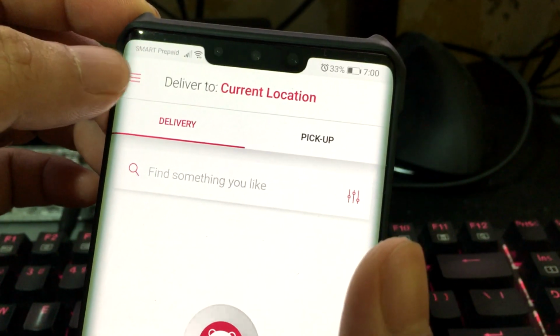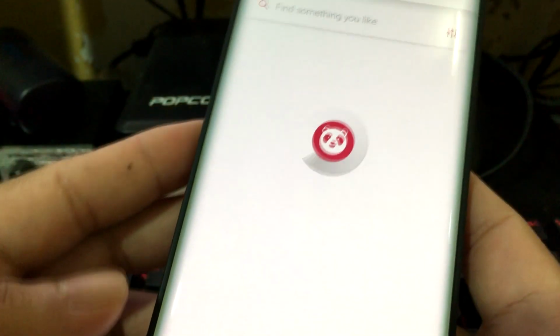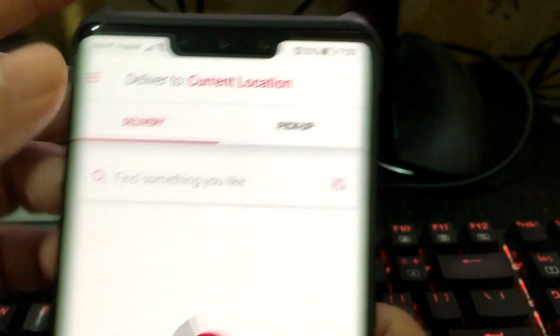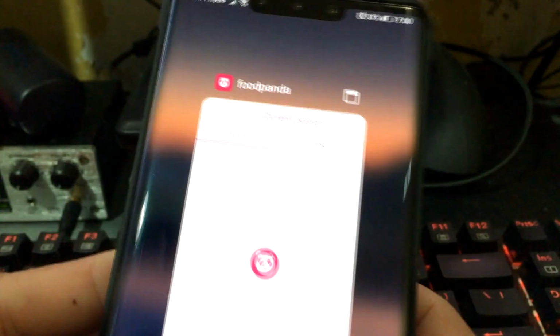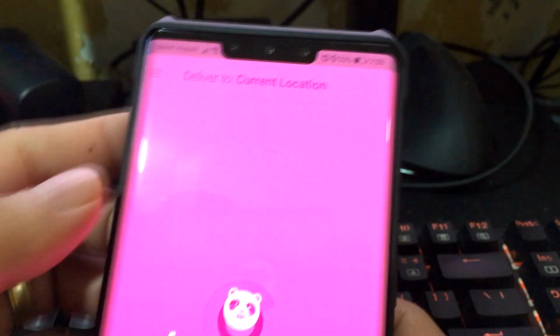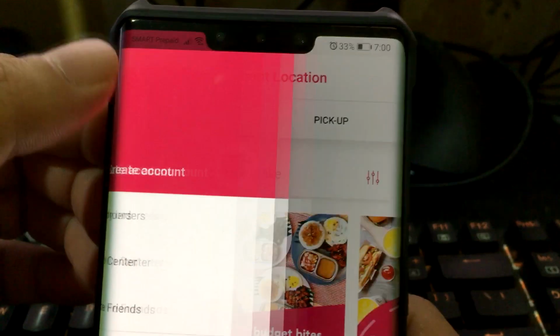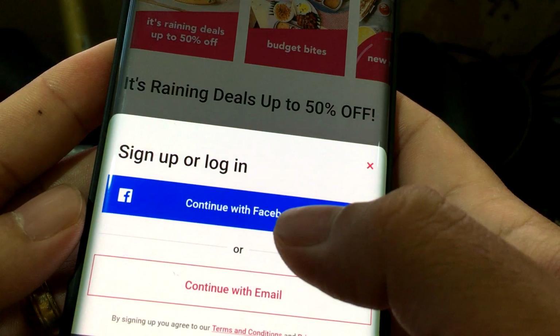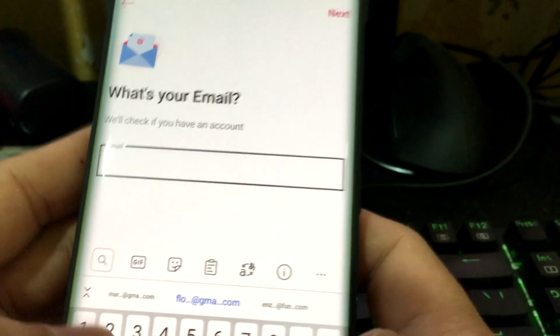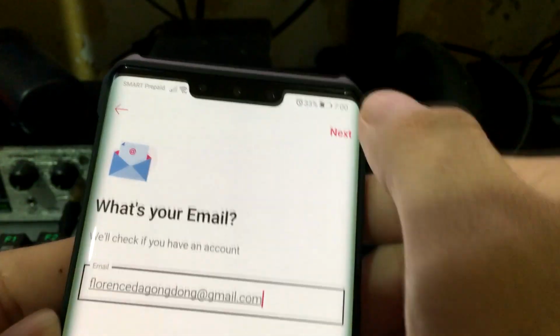Okay, let's say, hold on, let me just wait for it. It's not letting me, so let me close it. And then here, all right, let's say with email. So I'll put my email here and then say next,